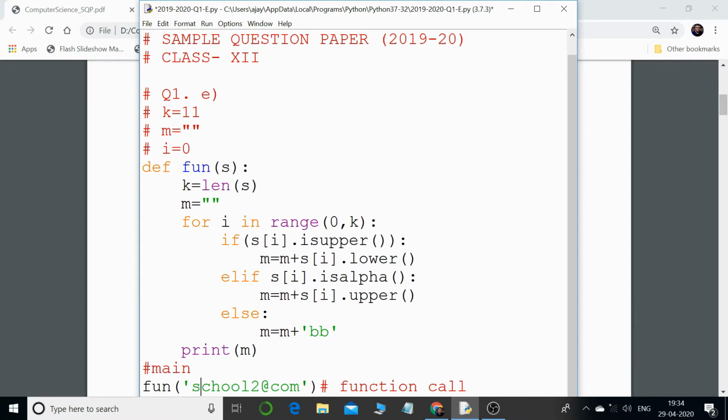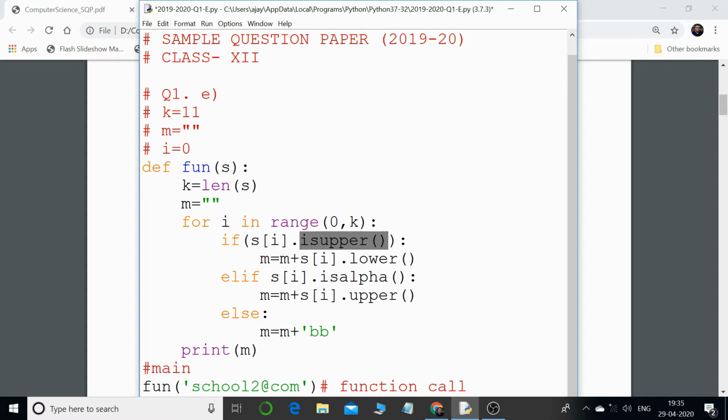So when I say s of i and the value of i is 0, it says the character, and it is using a string method that is isupper. Now isupper works in a way that it will check whether this particular character is in uppercase or not.